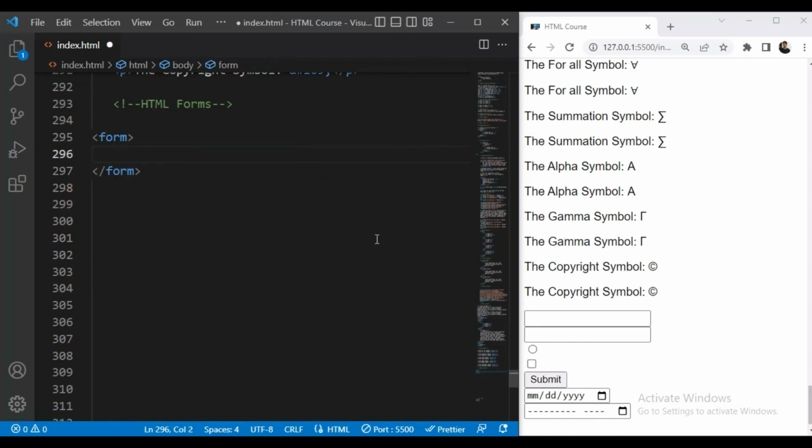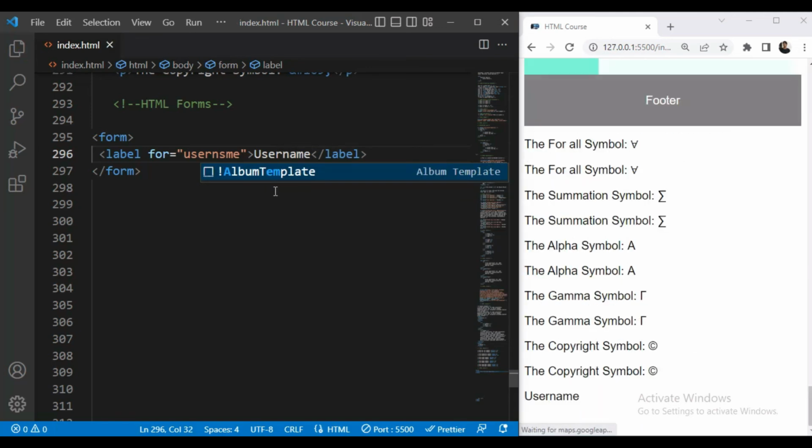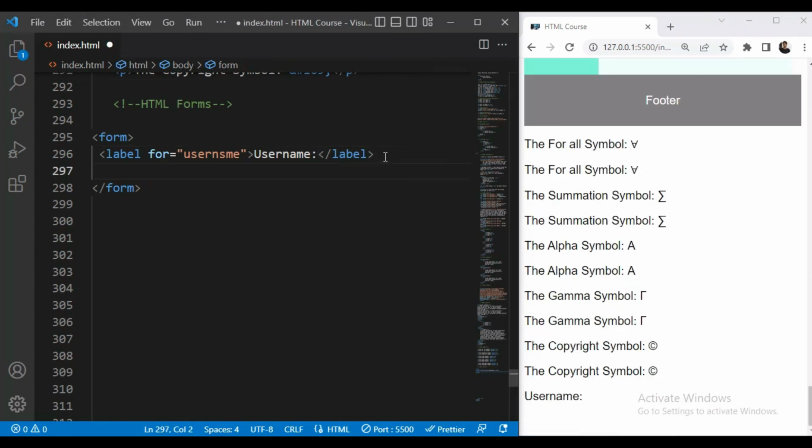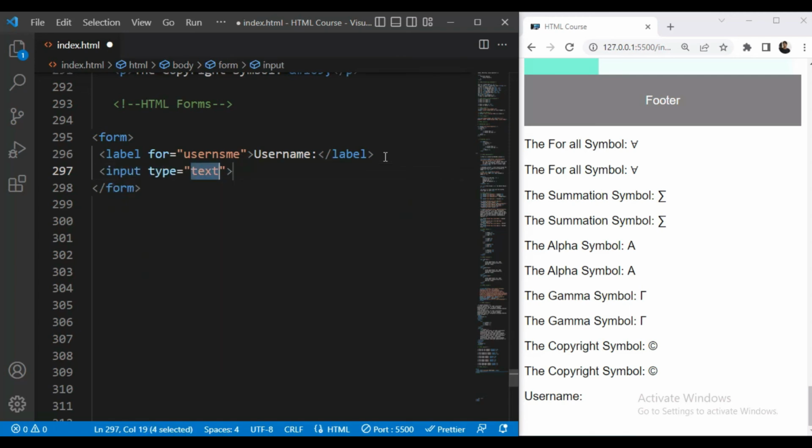First we'll add a label for user name, and we'll add the value, that is user name. Let us save this. Now you can see the user name. We'll add a colon here. Then we'll have our input, input type text. Let us save this.